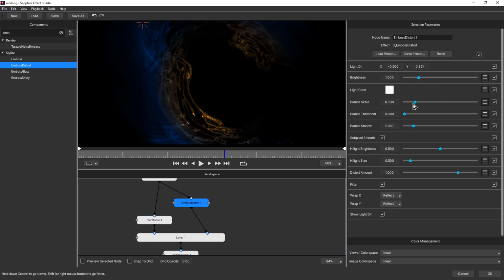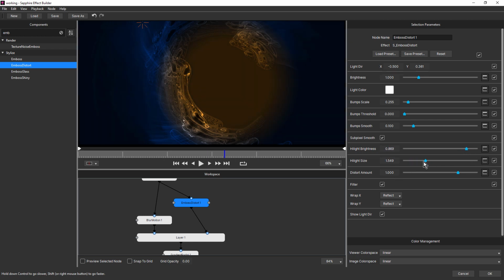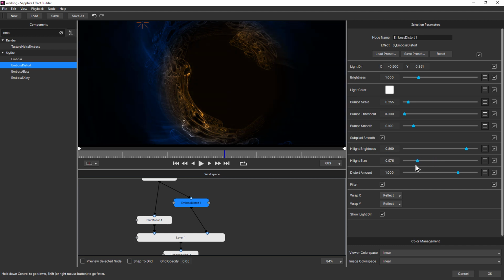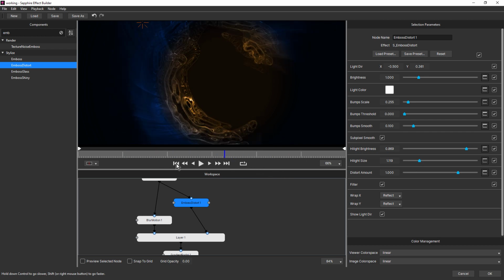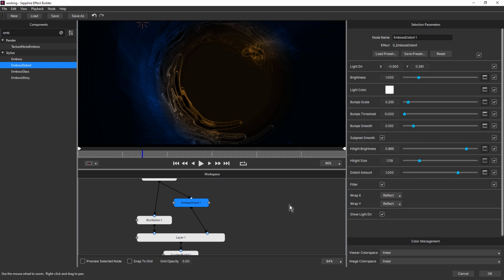And let's have a look at this bumps. Gives that kind of glassy look. Highlight brightness. Oh, interesting. Okay. Highlight size. And distortion amount.